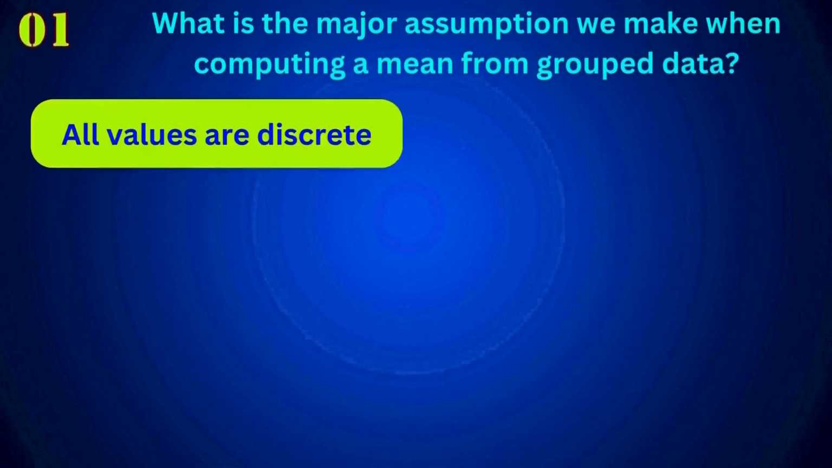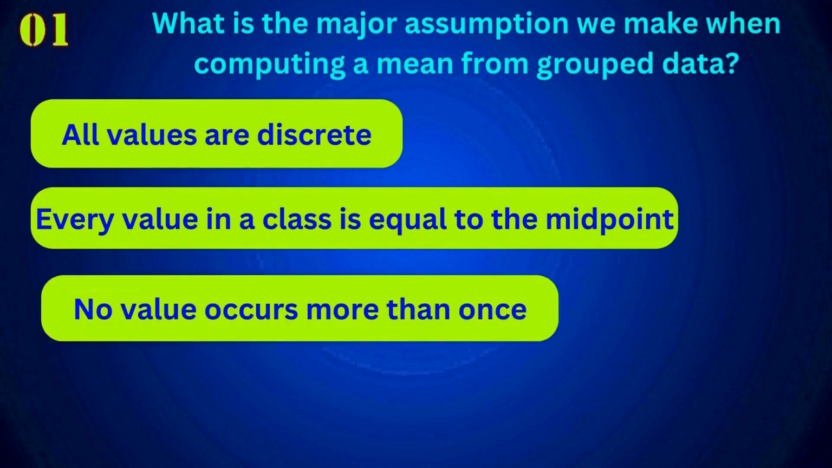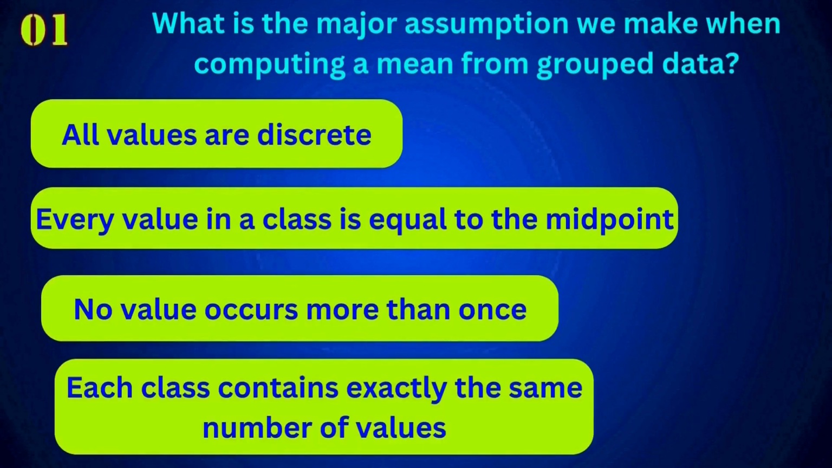What is the major assumption we make when computing a mean from group data? Options are: all values are discrete. Every value in a class is equal to the midpoint. No value occurs more than once. Each class contains exactly the same number of values. Right option is: